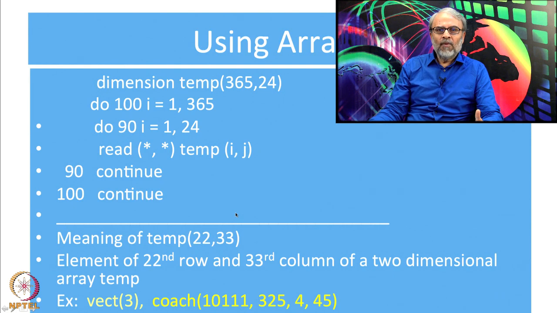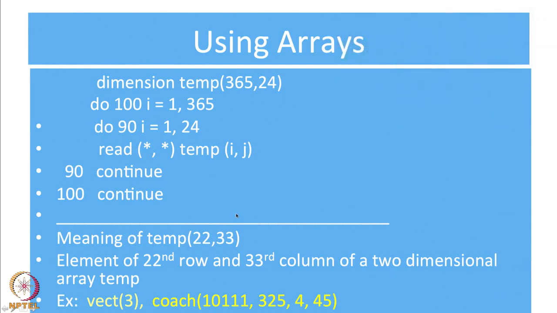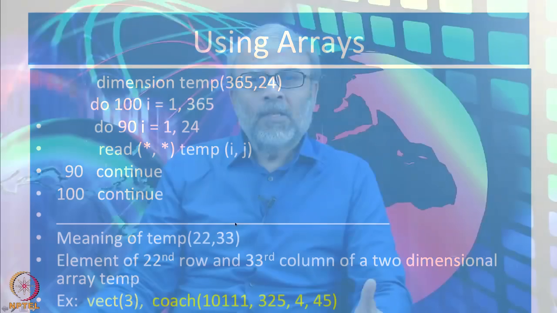Now, before I conclude, I want to see what you would do. Suppose you are in charge of the railway reservation system and you want to save the information about the reservations for all the trains for all the possible days, because now, as you know very well, when you reserve a ticket on your computer or PC, you are able to reserve sitting anywhere in the country. So, how should the array be to save all the information about the reservation system? That is what we will consider next time.